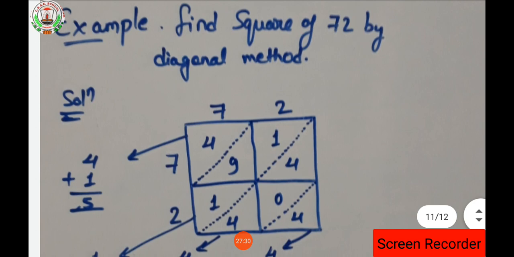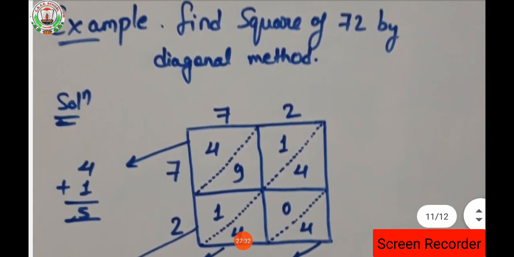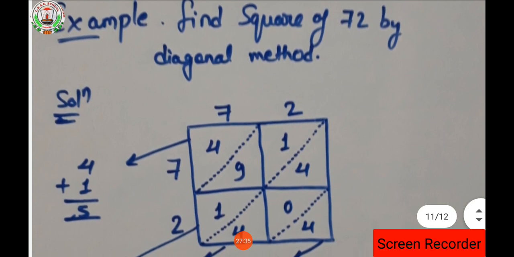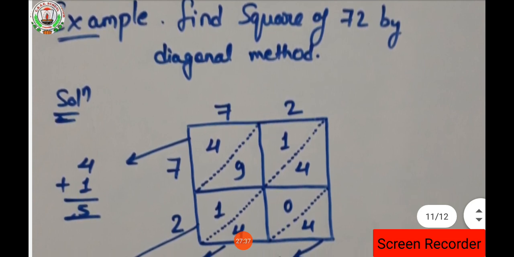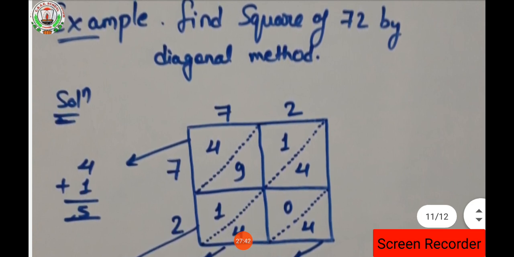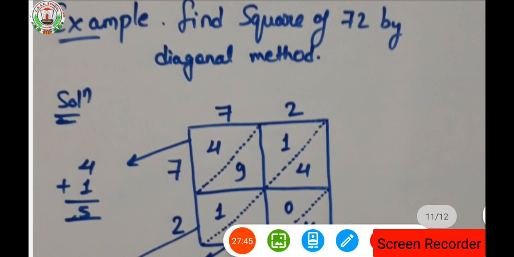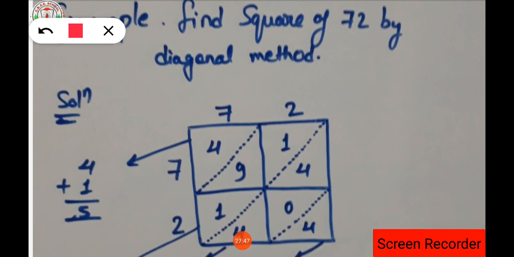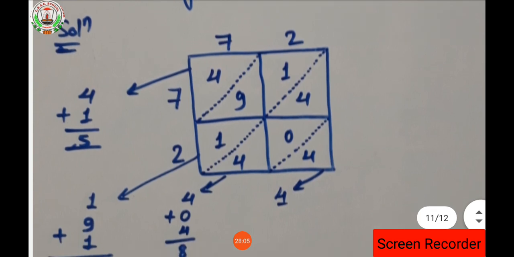Next, this one is not for the square root, this one is only for squares. So we are having a number's square. Find the square of 72 by the diagonal method. Okay, so in order to find the square, what we generally do is find 72 into 72, isn't it, and multiply the numbers. So here I am telling you one shortcut method, in order not to multiply more. By using this method you can easily find it out. Okay, this method is known as the diagonal method.